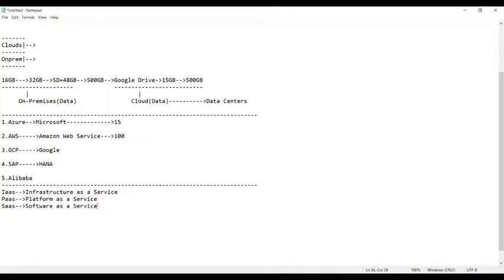That means, can you see here, they have provided their services in three different categories. Suppose, for example, what is Infrastructure as a Service? Let us try to understand this. When you talk about Infrastructure as a Service, guys, suppose you have a very large amount of data to be processed, a very massive amount of data. Does the Windows operating system support every kind of data processing?